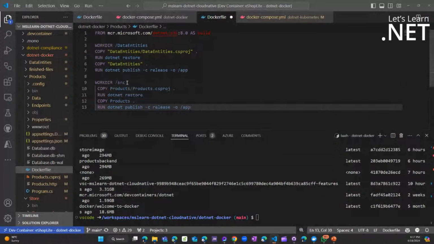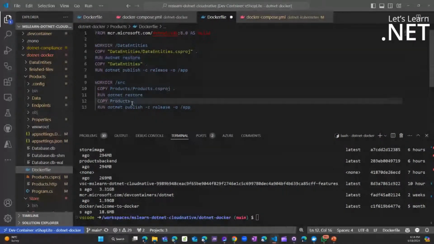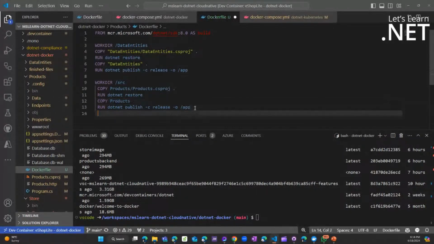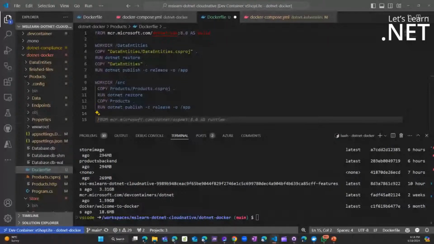in directory to source. Next, we're copying this file that is under products. Remember, I showed you we have products and we have store. So we're picking out the product C# project as we created under the products folder, and then locally bringing it into the source folder that has been created. Then utilizing .NET Restore, copying everything in the product section, and then locally publishing all of them to the image. The last code which we're going to be copying